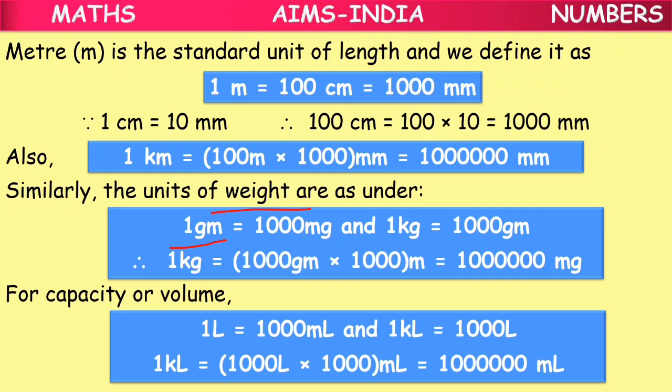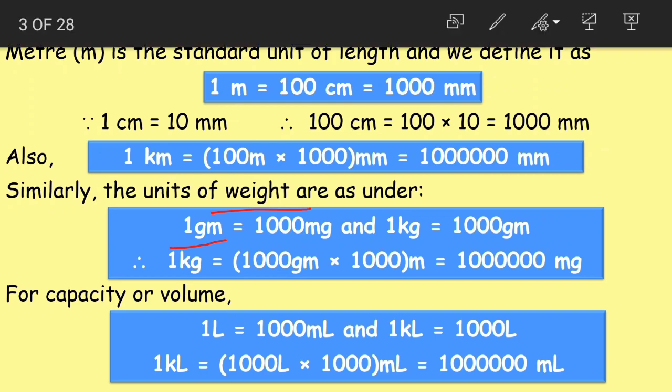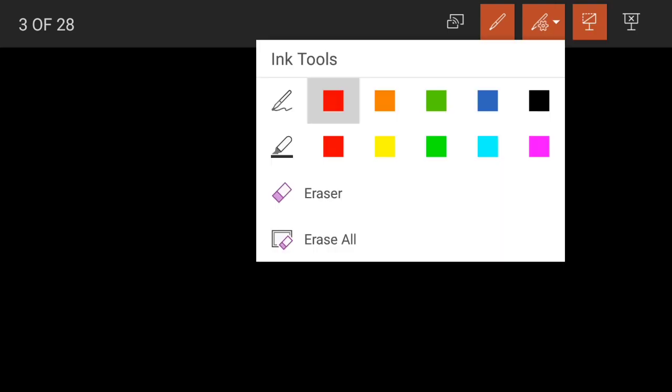When I say liters, the best example can be when we buy cool drinks or any such drinks, we buy it in liters or milliliters, right? We get a liter bottle or a 500 milliliter bottle. Yes, so those liquids are measured in terms of volume. The standard unit for volume or capacity will be liters. Okay, now see, there is a similar pattern. What did we learn for meters?